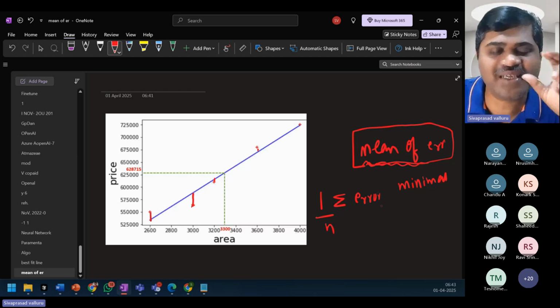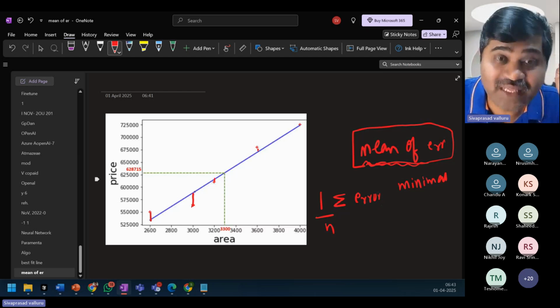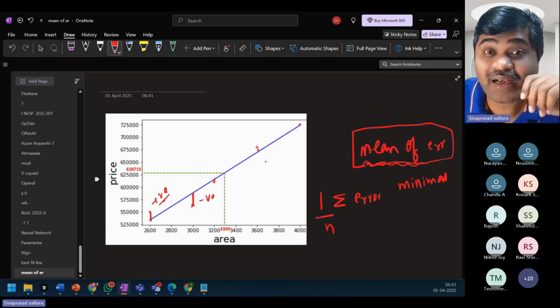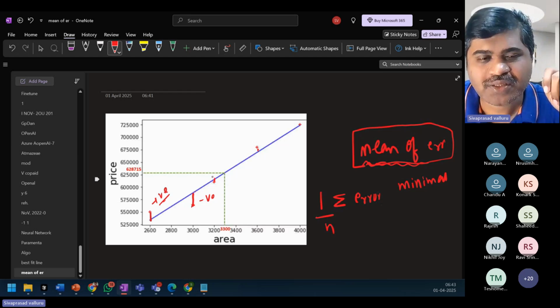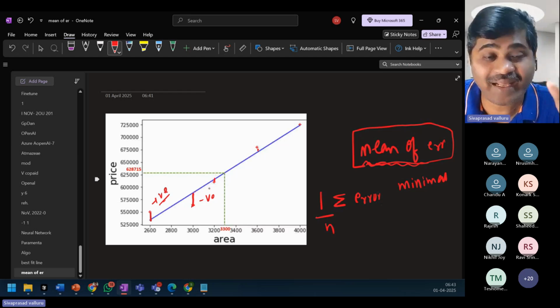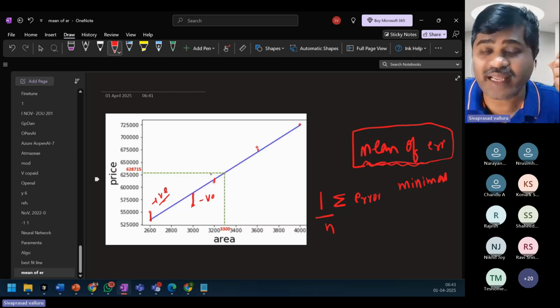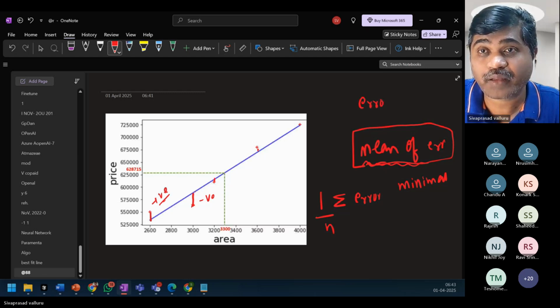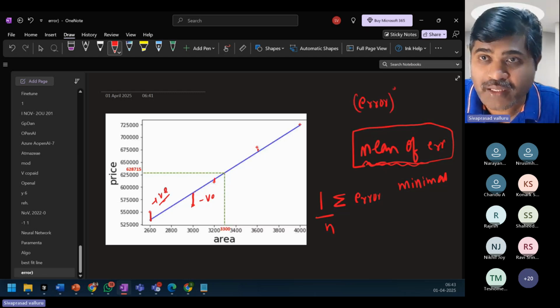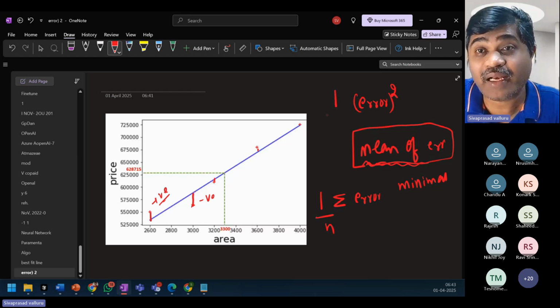But a small change I will tell you. See, this error is negative and this error is positive. If I calculate the sum of negatives and positives, again I will not get the exact error. So data scientists have identified that we square the errors, calculate the sum, and then divide by n. This is called